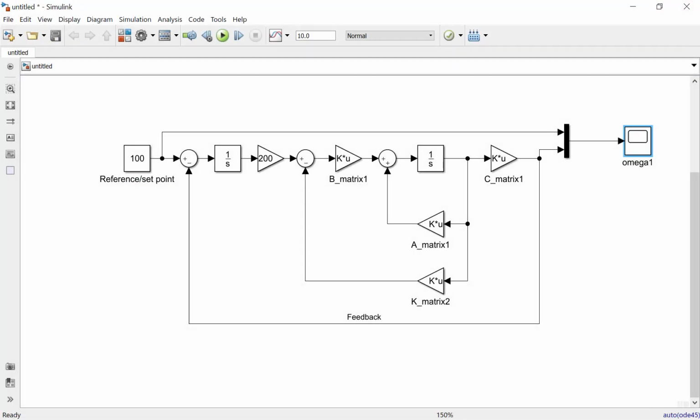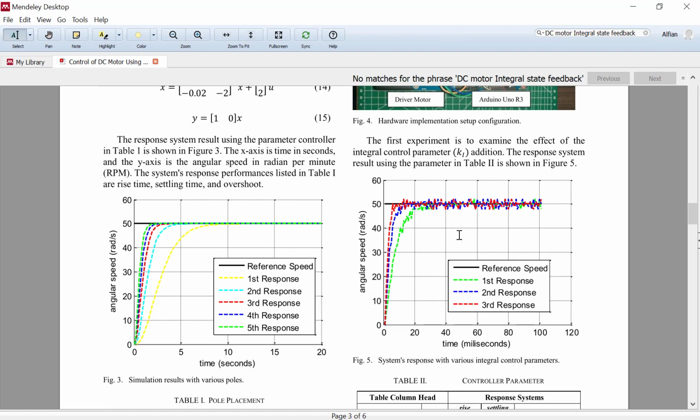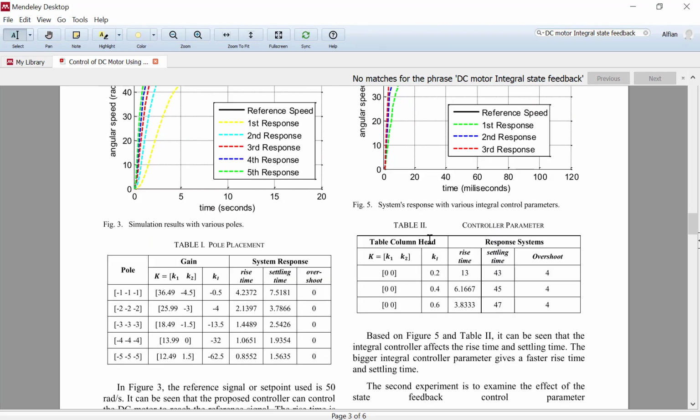Okay, so we will see the values from this panel.